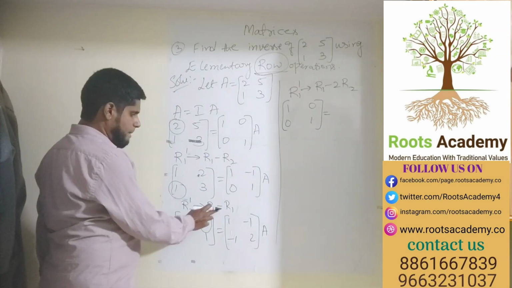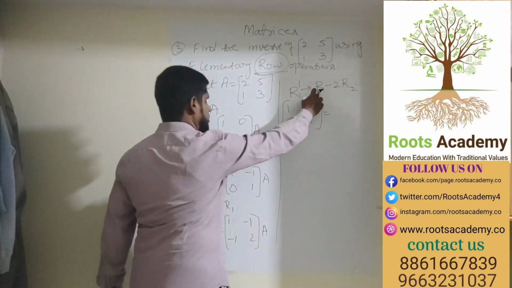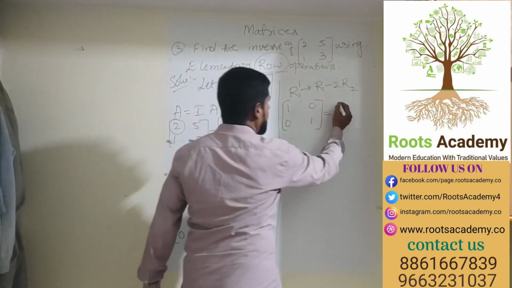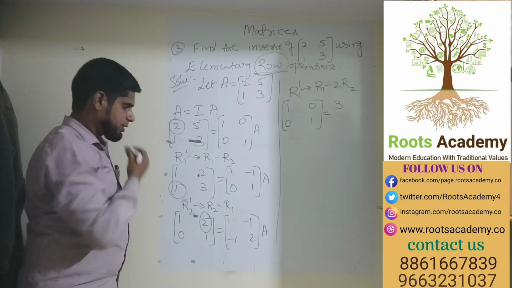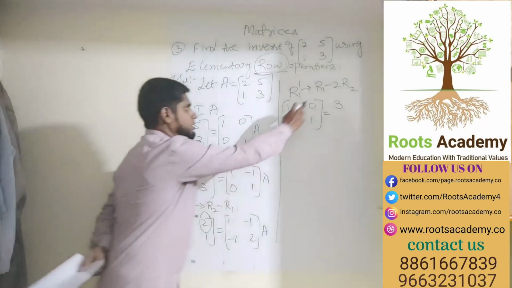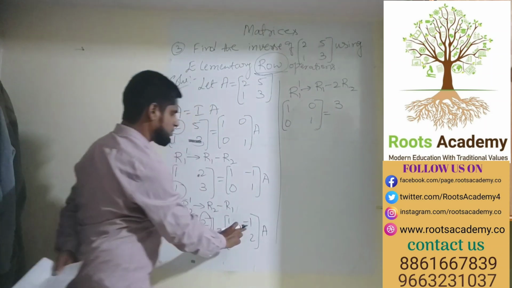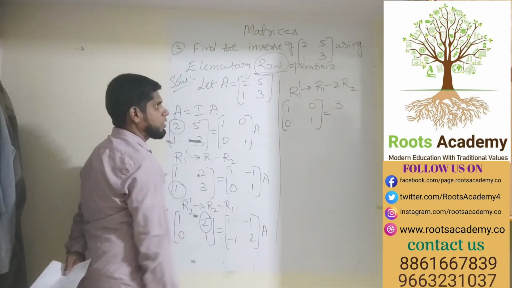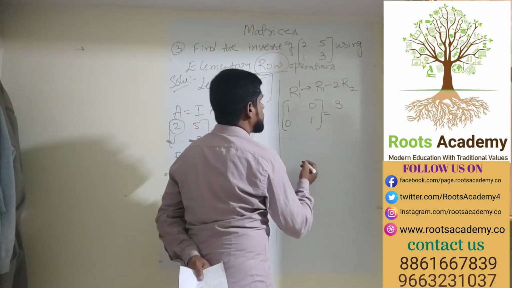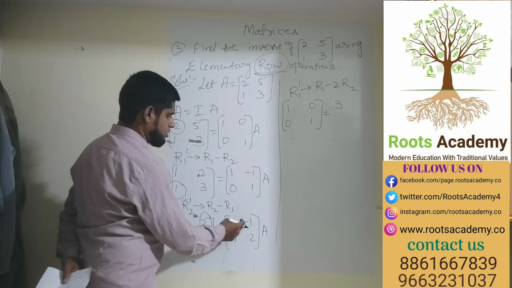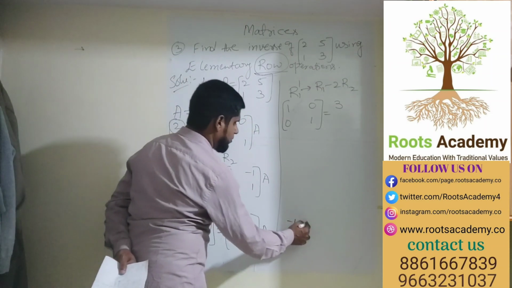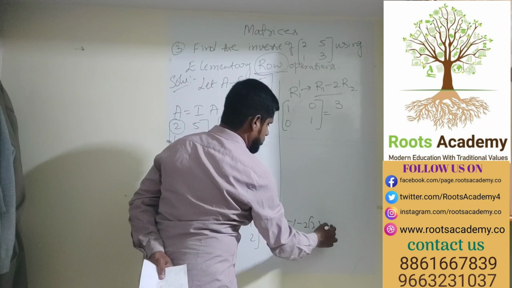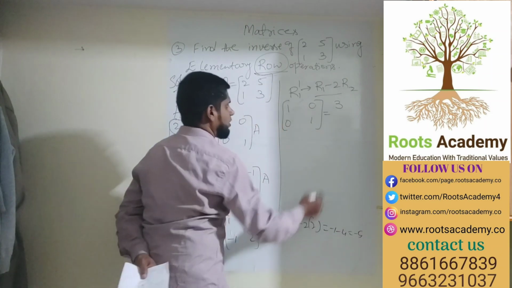first, here it is 1 minus of minus 2, it is 3. Then next, R1 is minus 1, minus 2 into 2, it's minus 4. Because I will do the work here. R1 it is minus 1, minus 2, R2 is 2. This transformation. So minus 1, minus 4, it's minus 5.